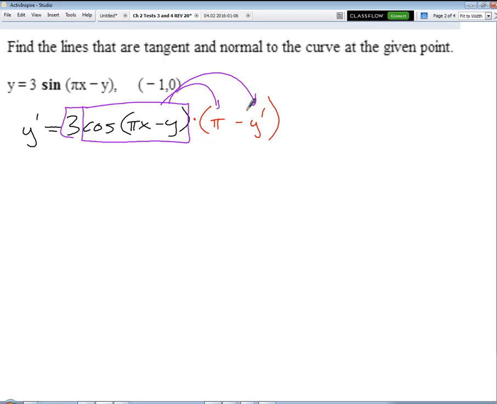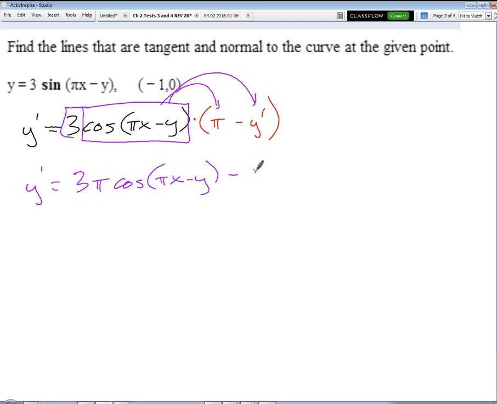right? Because wouldn't you agree that 3 cosine pi x minus y, we can't break that apart. That's just something that's getting multiplied by this difference, right? So it looks complicated, but it's really nothing more than just the distributive property. So then we end up with, on the right side, this whole thing times pi. So I'll put the pi out front, how about, with the 3. So I get 3 pi times the cosine